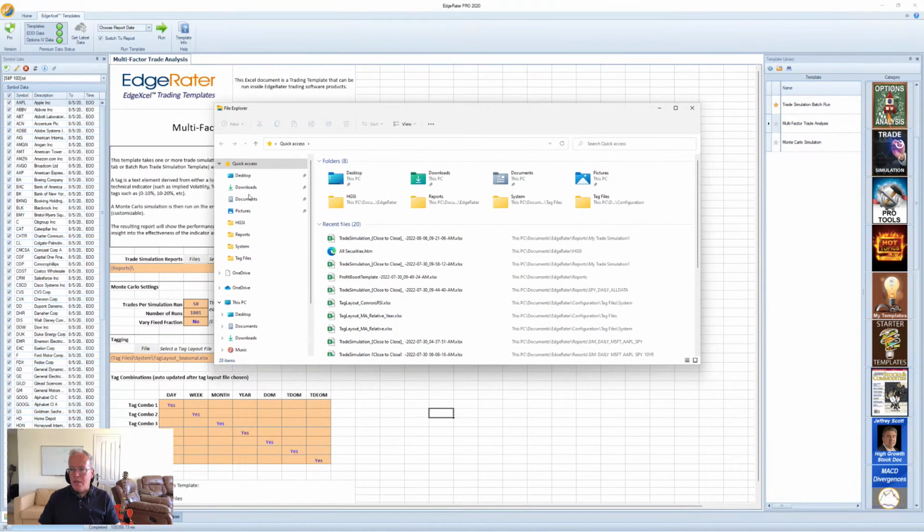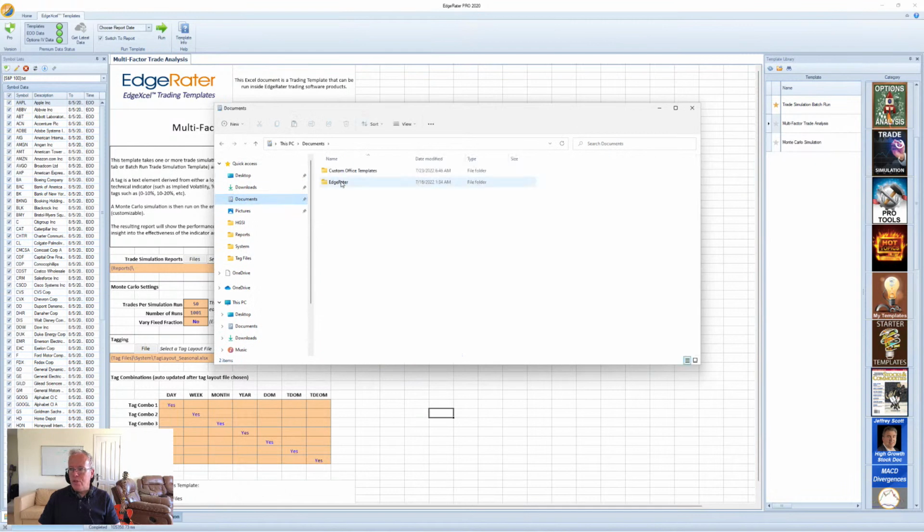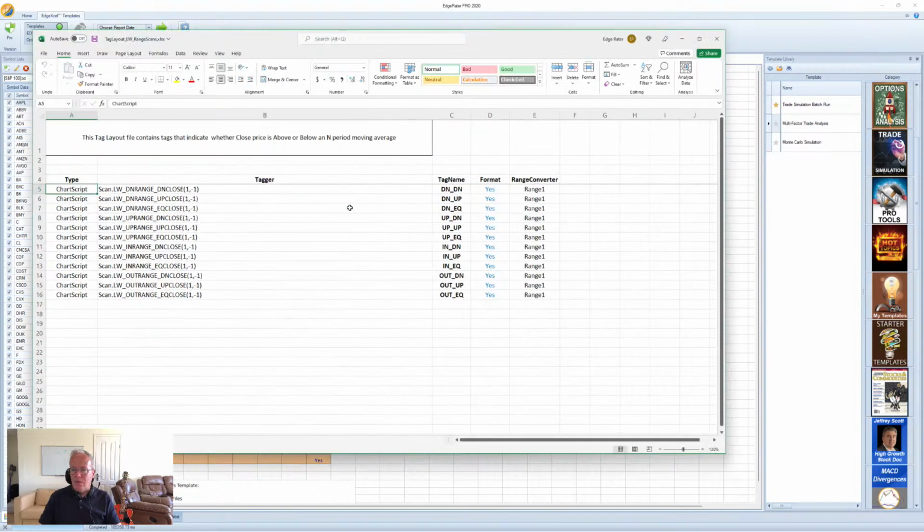Okay, if you go into your Edge Rater, so you go Documents, Edge Rater, and come down to Configuration, and then go to Tag Files. So I've added this range scans tag layout. I'll show you what that looks like. It's basically taking scans that are built into the system, downrange, downclose, uprange, upclose, etc., and giving them